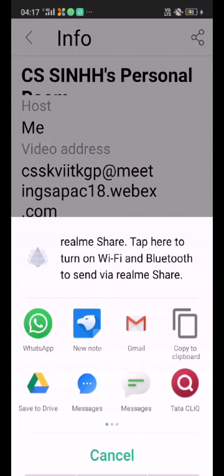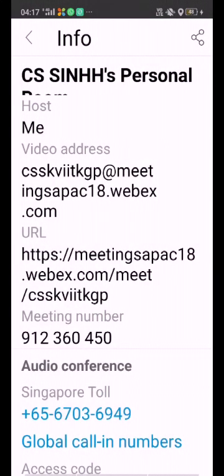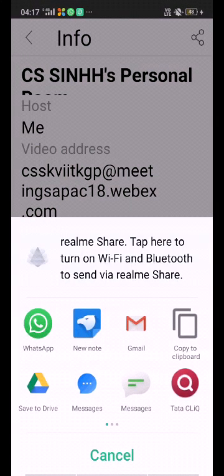Click on the WhatsApp option. You can share it on WhatsApp.